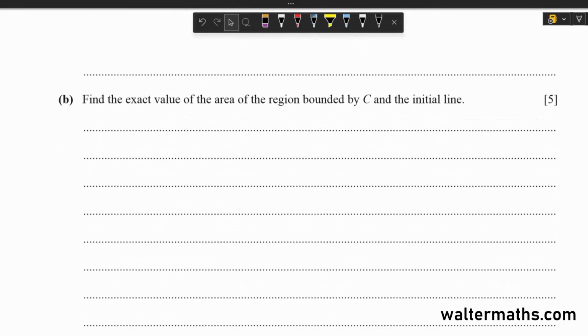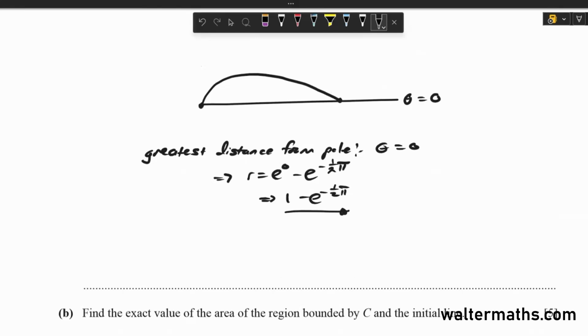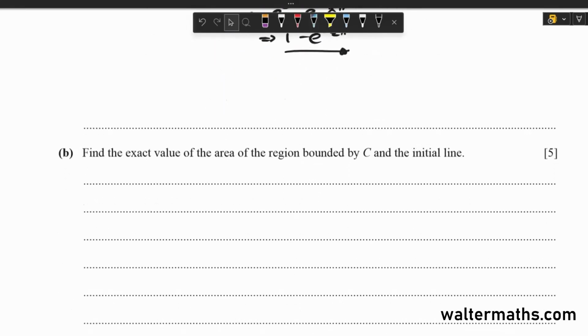On part B, they say, find the exact value of the area of the region bounded by C and the initial line. All right. So we are saying here, to find the wanted region, which is this whole region here, we are going to integrate. We're going to use the formula A is equal to the integral from alpha to beta of half r squared d theta, which in our case will be